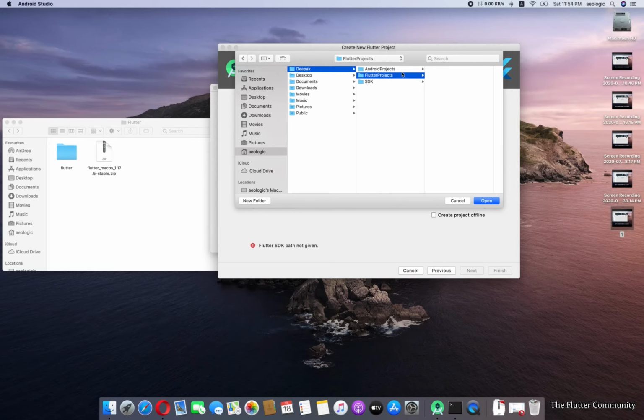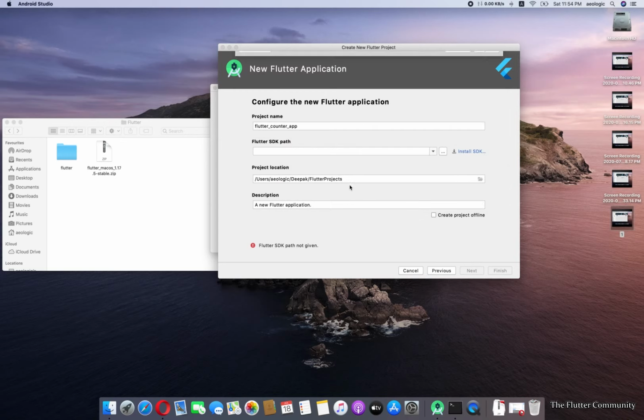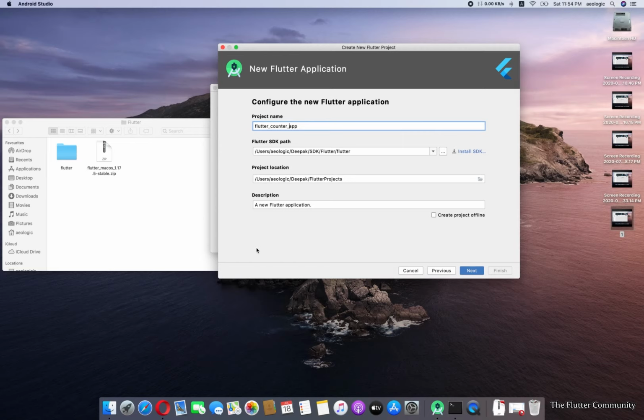All right, here is the Flutter SDK, and this is our Flutter SDK path. So I am locating it, and previously we were getting some error, but now the path is okay, so the error is gone. Now we have to locate our project location.